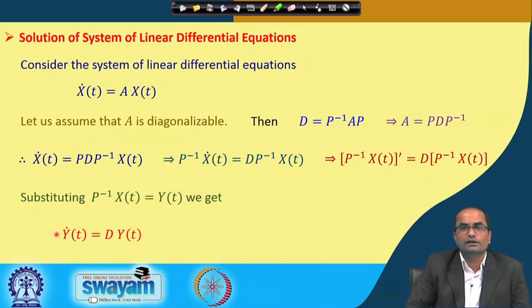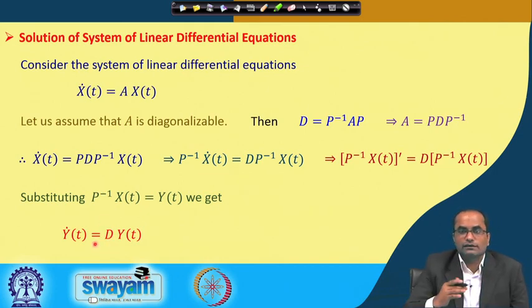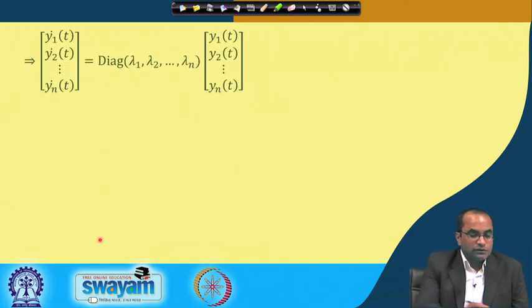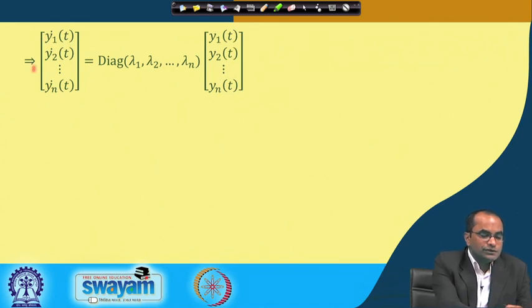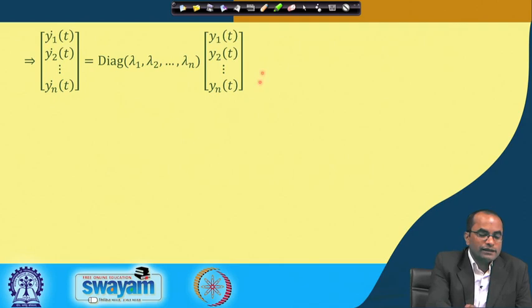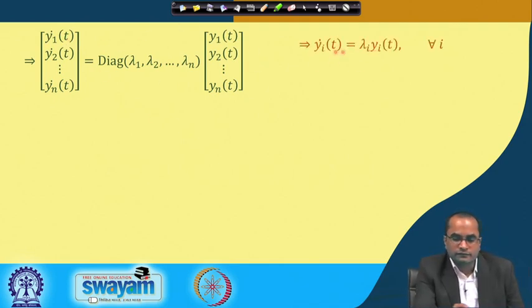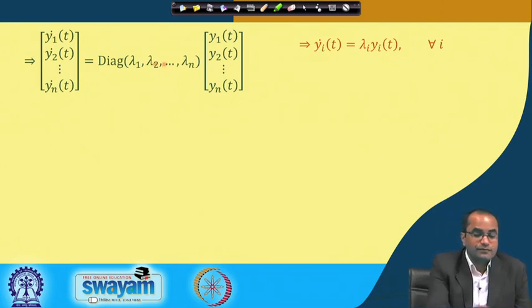So, what is the benefit of going from this system to this one? You notice that D has the diagonal entries, and the eigenvalues are placed in D. So the benefit is that in the reduced system we have the derivative terms, the diagonal matrix, and then the unknown y. Now, if we look at this multiplication, what are we getting? We are getting these n equations, and they are